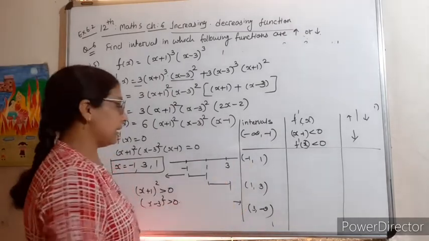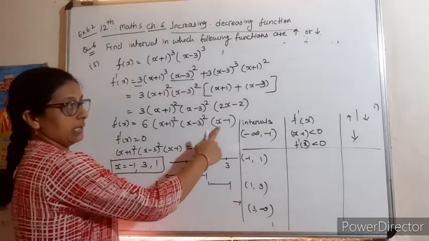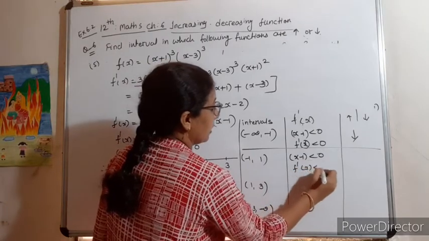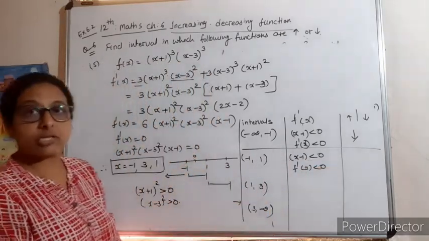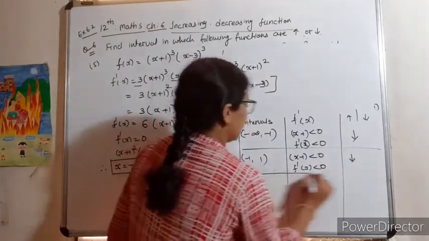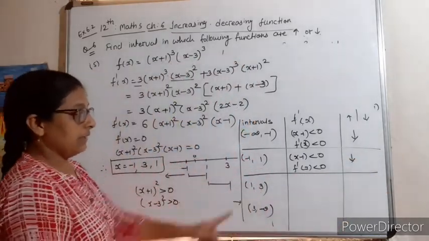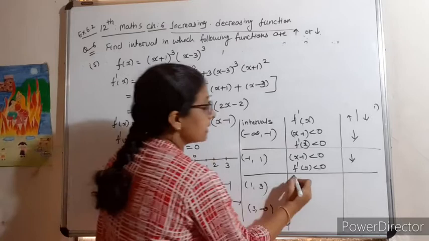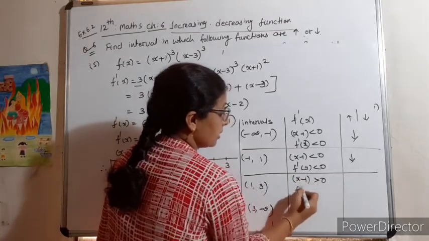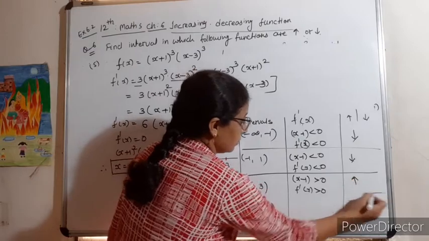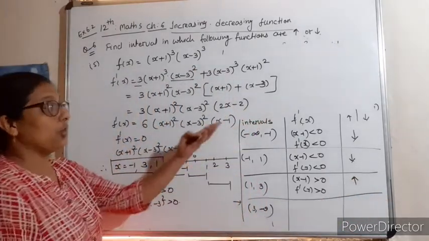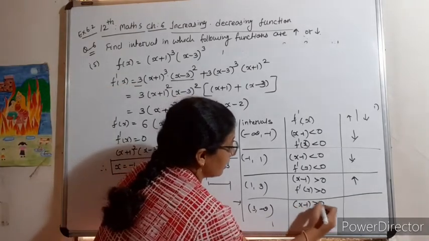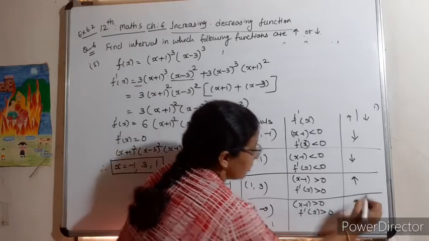In minus 1 and 1 के बीच में we can take 0. It is negative. Okay. So x minus 1 less than 0. Therefore ultimate answer f dash x पूरा negative हो जाएगा. And that is again decreasing. 1, 2, 3. We'll take 3. Here it is 2. In this bracket we can put 2. 2 minus 1 greater than 0. So x minus 1 greater than 0 and f dash x is also greater than 0. And 3 to infinity में तो obvious है, we can take any value, it is positive. Therefore, x minus 1 greater than 0, f dash x greater than 0 and increasing.